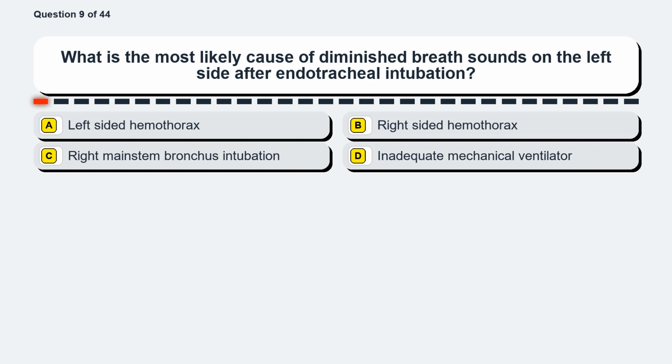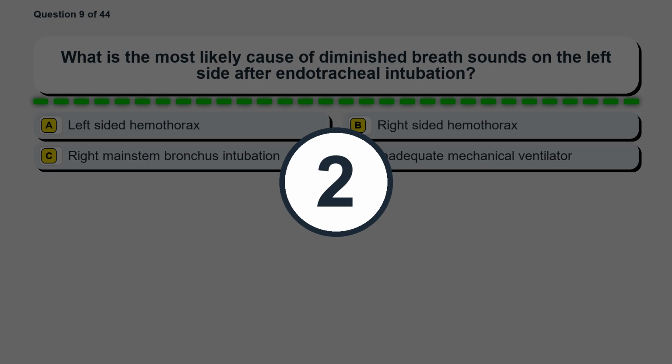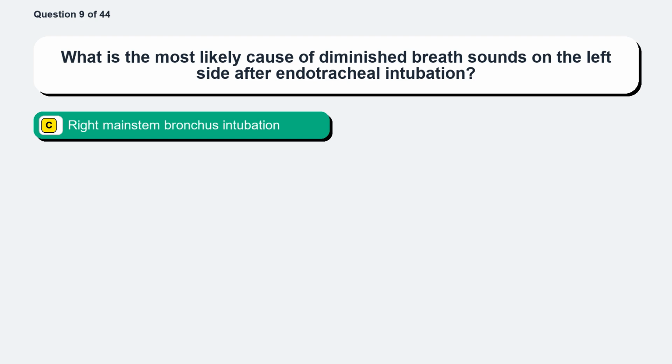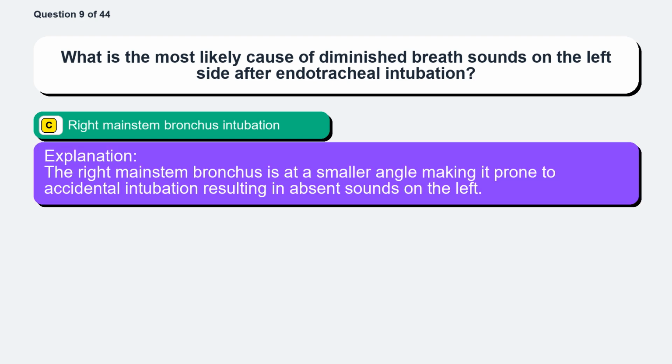Question 9. What is the most likely cause of diminished breath sounds on the left side after endotracheal intubation? Option A, left-sided hemothorax. Option B, right-sided hemothorax. Option C, right mainstem bronchus intubation. Option D, inadequate mechanical ventilator. The correct answer is option C, right mainstem bronchus intubation. The right mainstem bronchus is at a smaller angle, making it prone to accidental intubation, resulting in absent sounds on